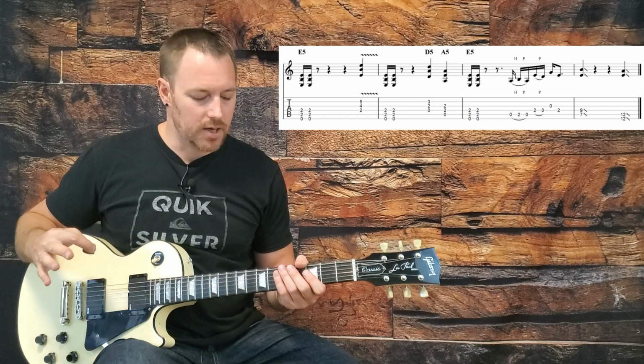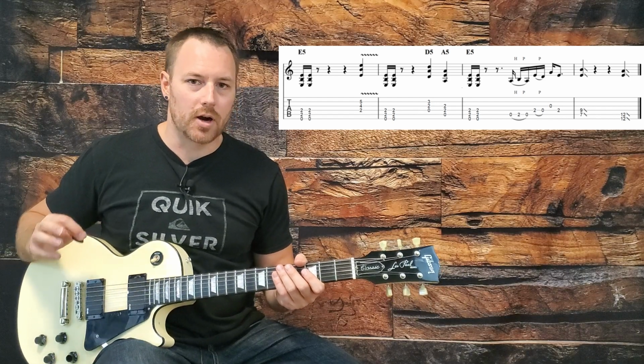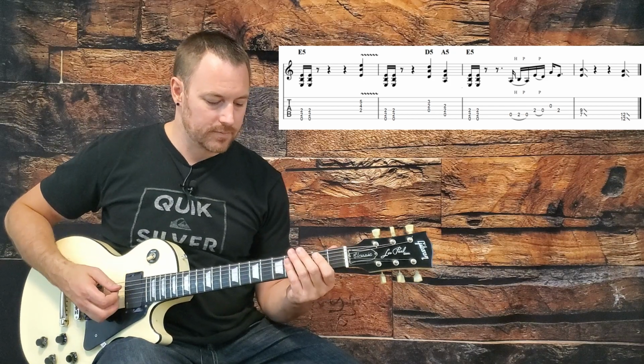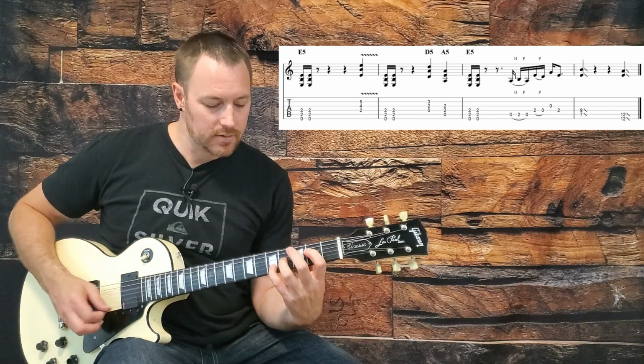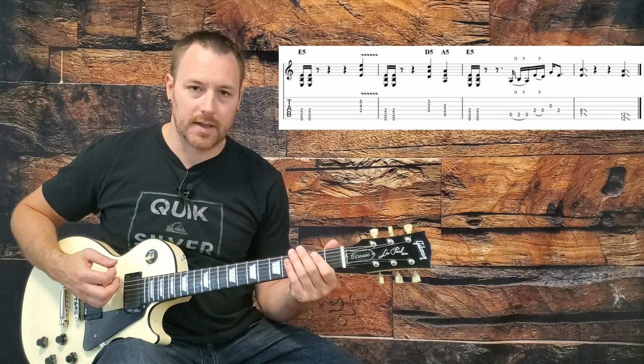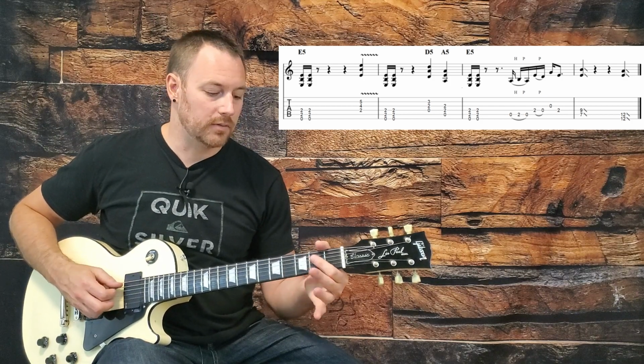Last verse, nothing tricky here, same as the other verses except for our last measure. So we have this E an octave higher, D, A, E, and then our little pentatonic,